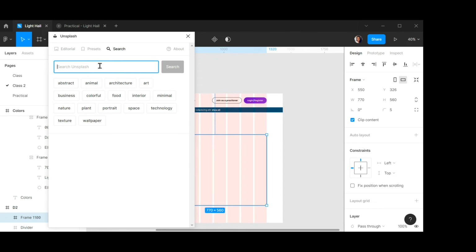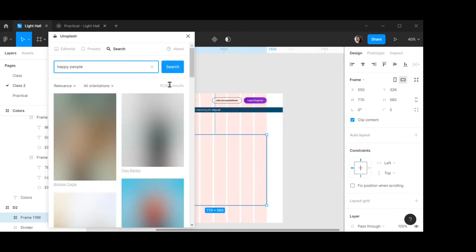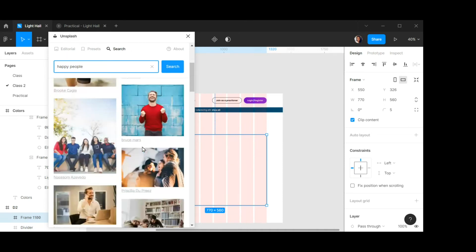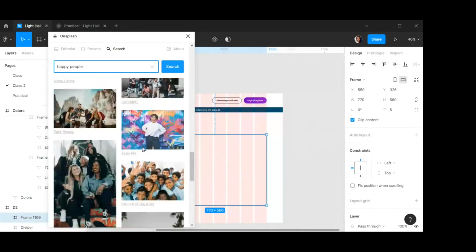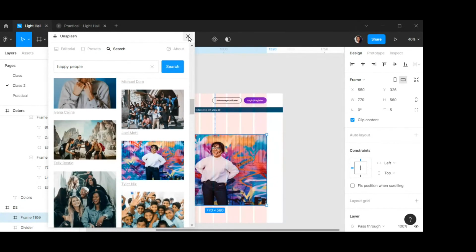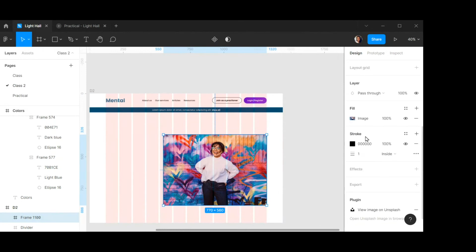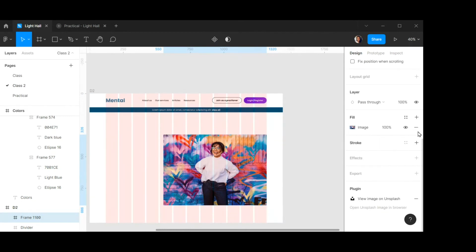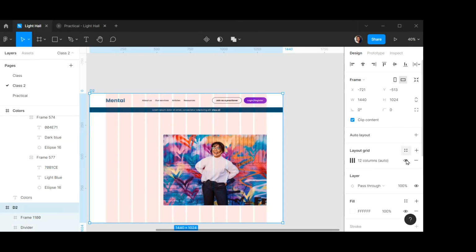Now we're going to search for happy people in the plugin and just scroll down to where you see this colorful image of this lady and just put it inside of the frame. And now if you've done that, take out the stroke and let me know in the comments